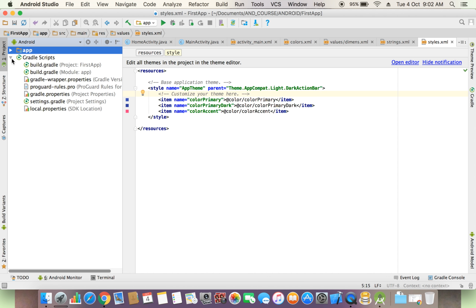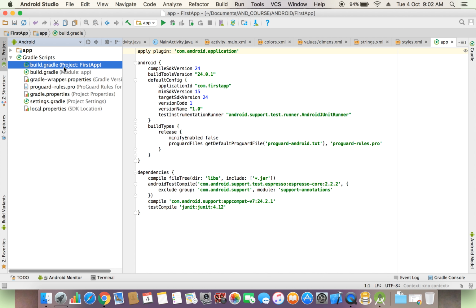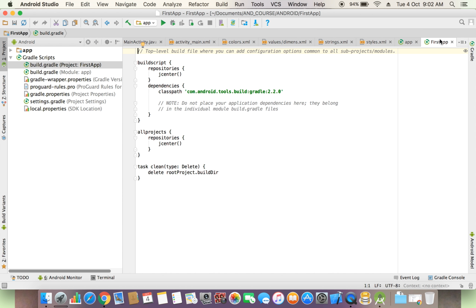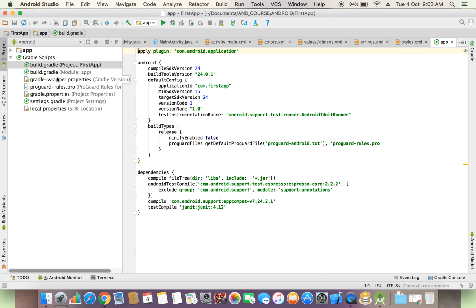Gradle Scripts. In Gradle Scripts, there are so many Gradle files, we can say. But the most commonly used, most important Gradle file is build.gradle. The first one is system built. Don't need to change anything in the build.gradle project. First step, we need to focus on the second, build.gradle Module: app. Build.gradle is the Gradle file